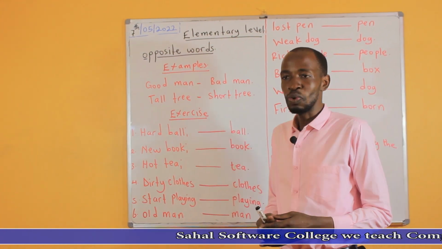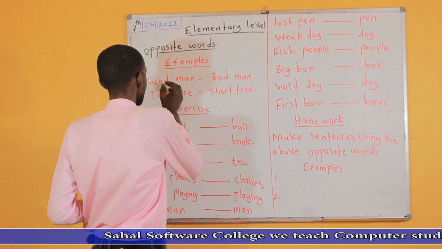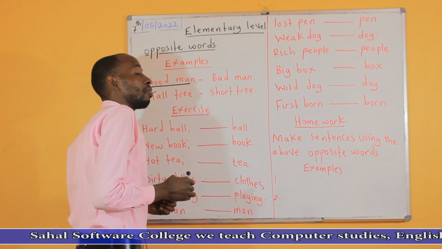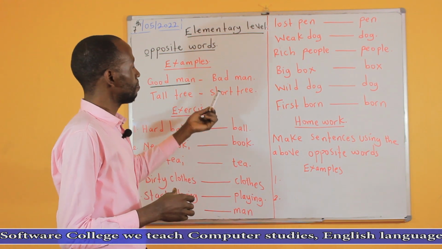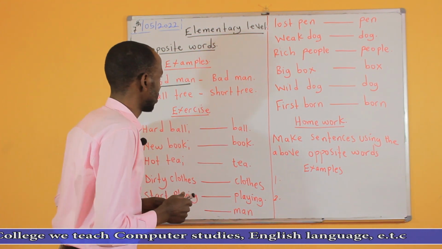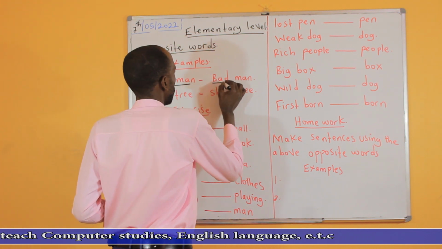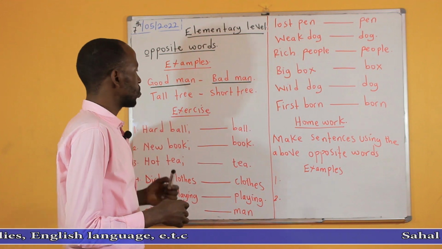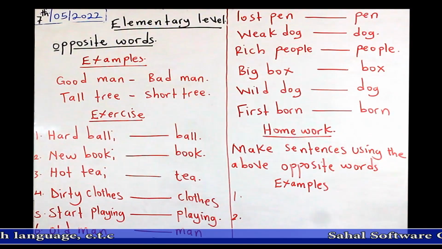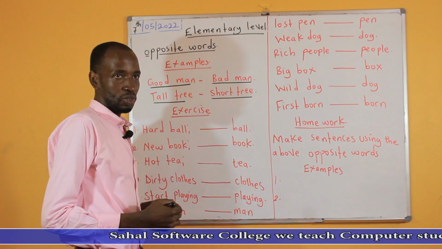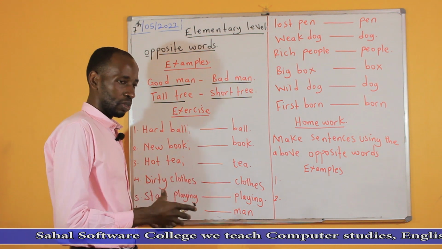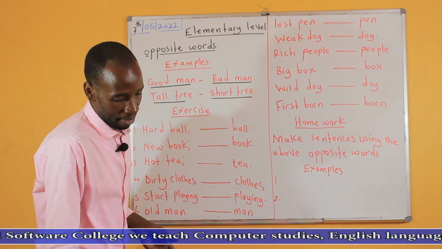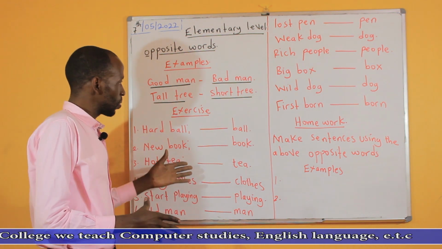Examples. This is good man. Opposite of good man is bad man. Opposite of tall tree, it is what? It is short tree. Tall tree, short tree. That's the opposite. Okay? Now, let's go to